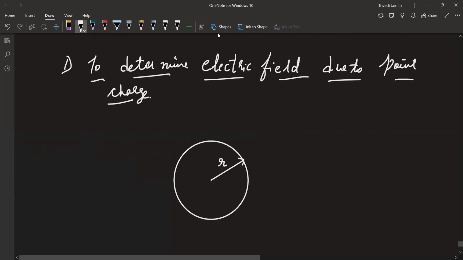Radius r, center O. At center there is a charge q, a small surface. From that we are passing electric field, that is dA. So q is a point charge